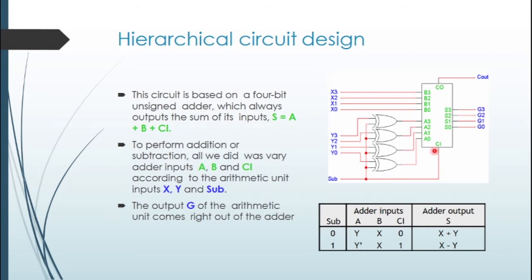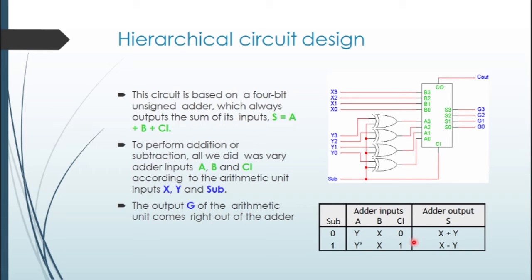So technically this adder is a simple adder that performs addition of the two inputs A and B. It is a 4-bit adder, so it performs the 4-bit addition of A plus B, and there is an input CI, so it simply does the addition of A plus B plus CI. To perform the simple addition or subtraction, all we did was vary the inputs A, B and CI according to the arithmetic unit inputs X, Y and sub, and